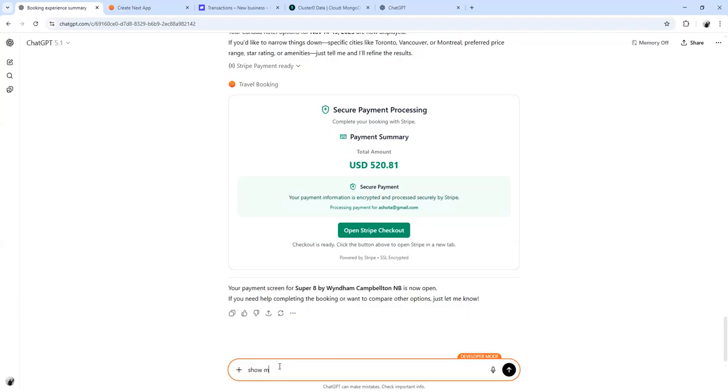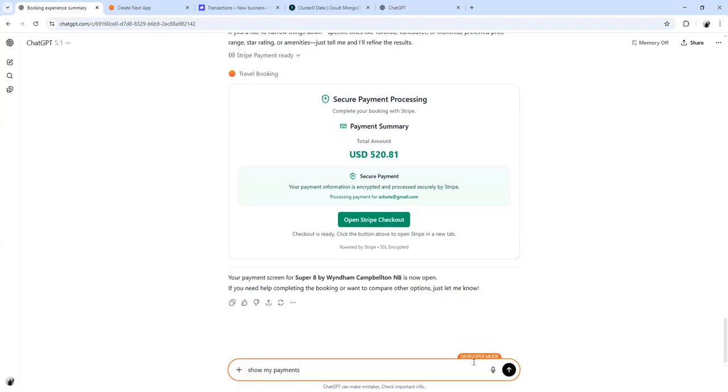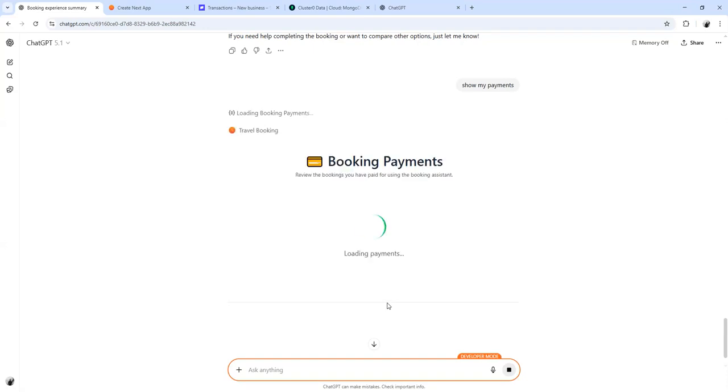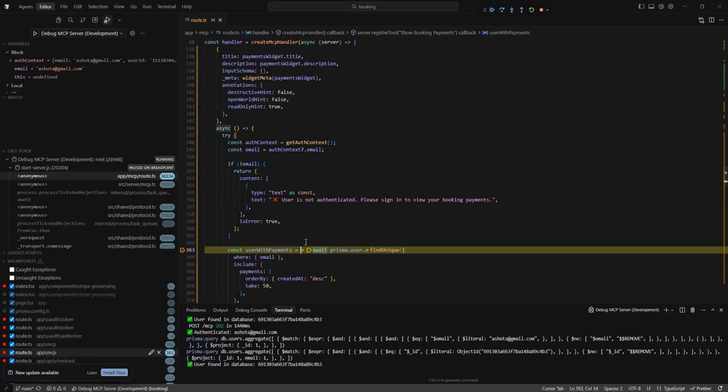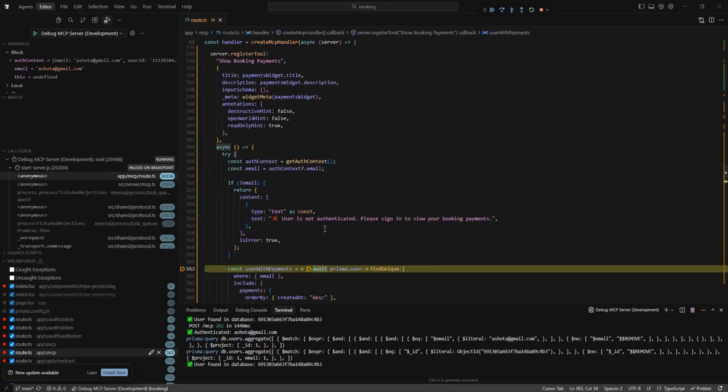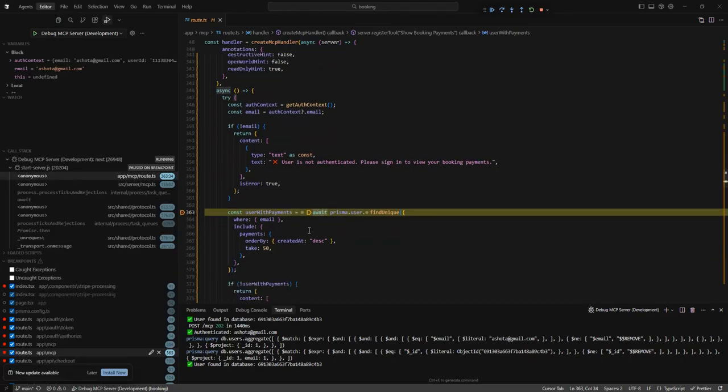If we type show my payments, we will see that the show booking payment tool is called, and all the payments for the logged in user are retrieved and displayed on the page.